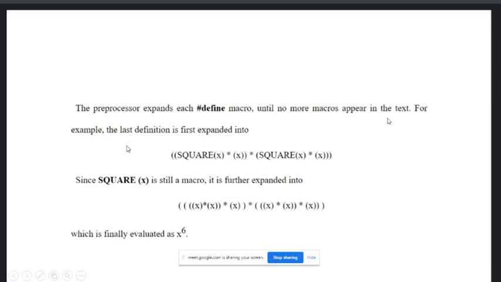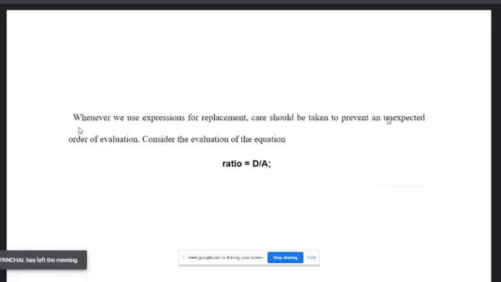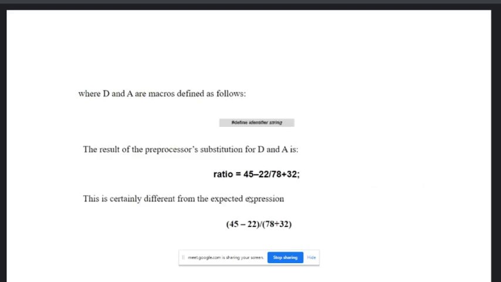In the text. Okay, now some corner cases are there. Let's say for example, whenever we use an expression for replacement, care should be taken to prevent unexpected order of evaluation. Consider, let's say, ratio equal to d by a.